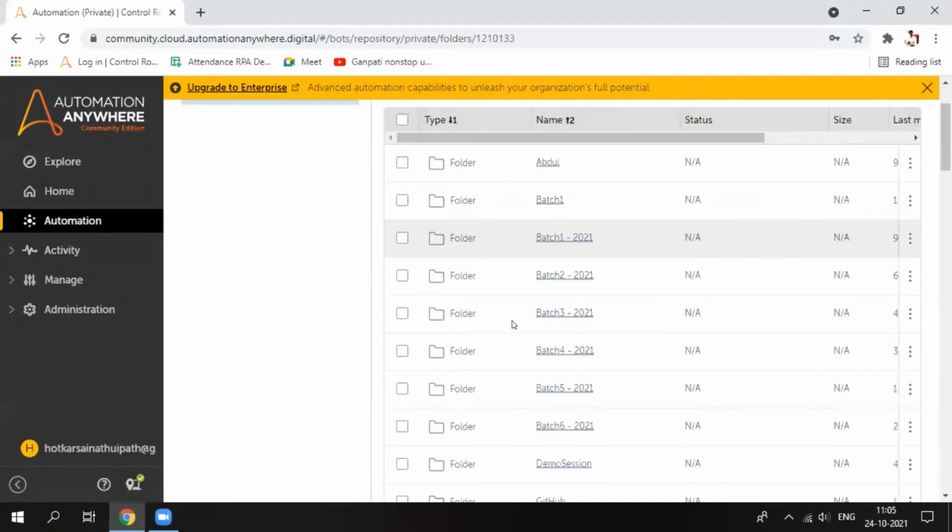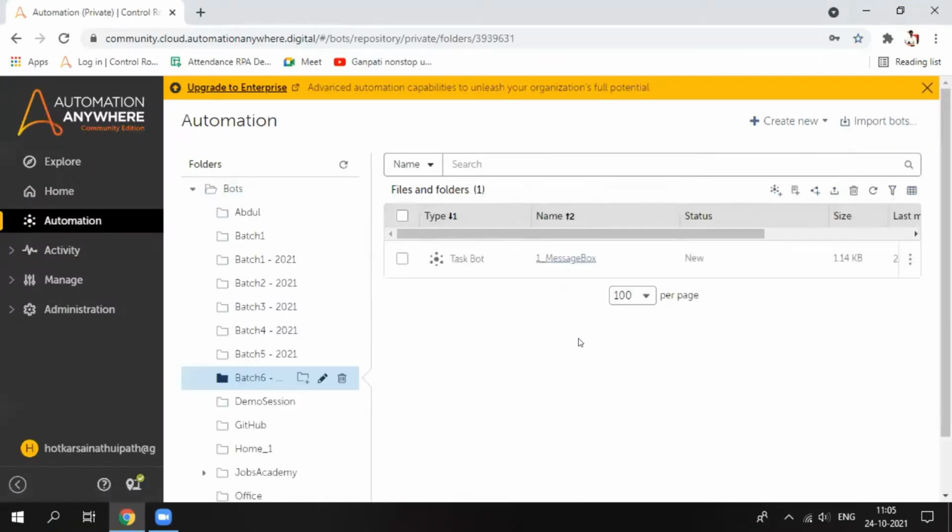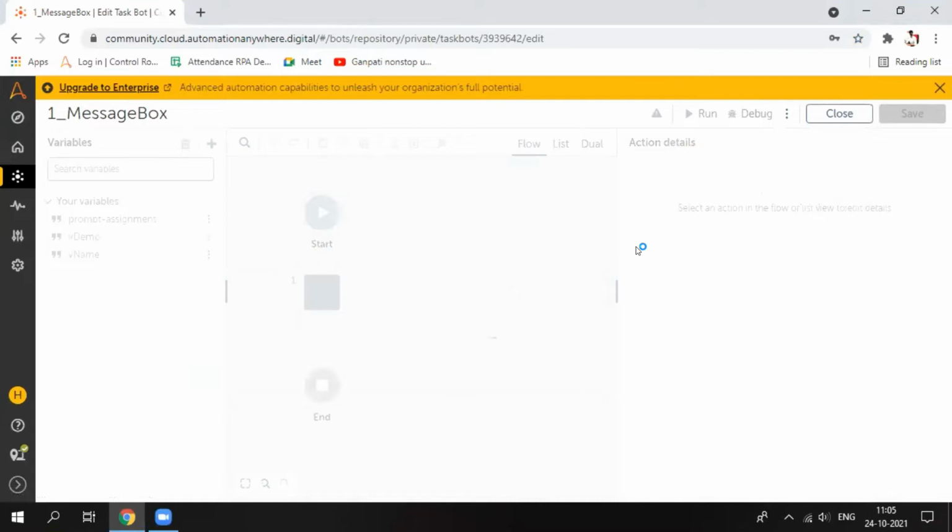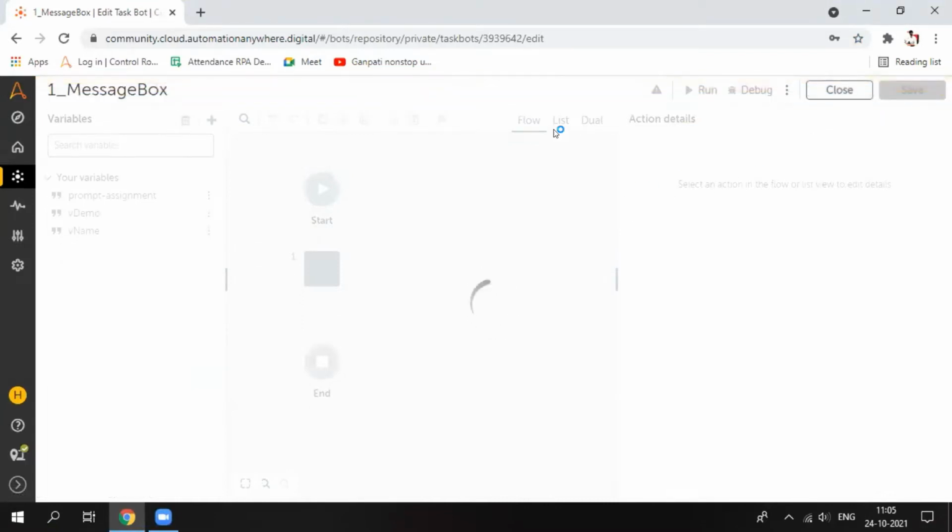Yes. So yesterday we saw how to create the folders, and also how to create the bot. Correct. Yes. So today we are going to see how to